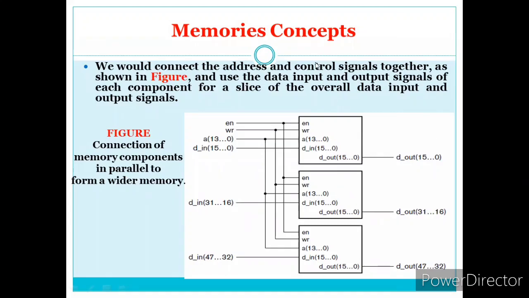Now, if you observe the input side, all the inputs are shorted. So observe the enable in all the 3 is the same, which is connected to the enable pin. The write pin is common, which is connected to the write pin. You can see the highlighted connections there, and the address lines: because 16K is 2 raised to 14, address lines 0 to 13 are required, and 16 is the input line, 16 is the output line. So we have data in as 15 down to 0, 31 down to 16, 47 down to 32.